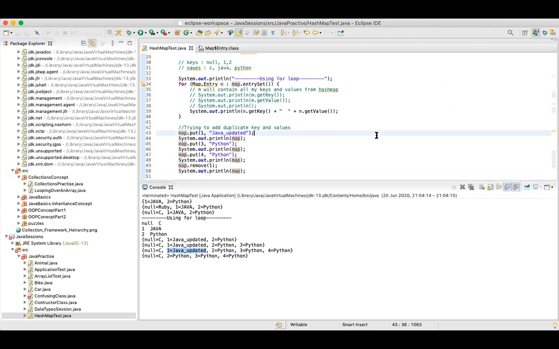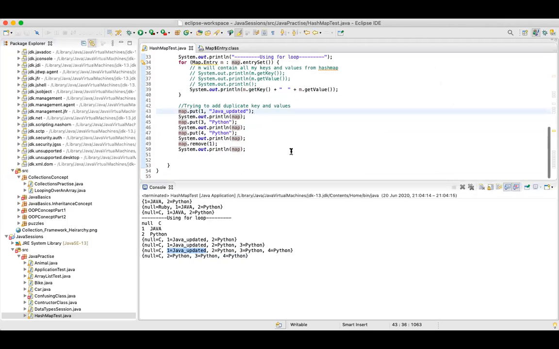Okay, so I was just trying to disable the annotations. Yeah. So guys, when I say remove 1, it will remove the pair based on this particular key. Now you can also remove based on the value. The other thing is you can remove based on a key and value pair.